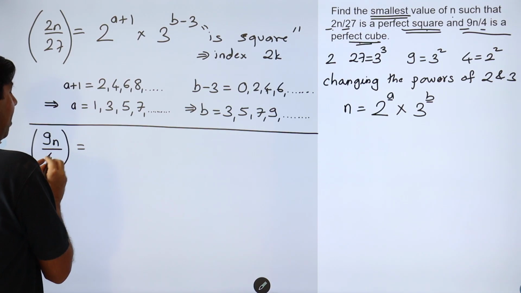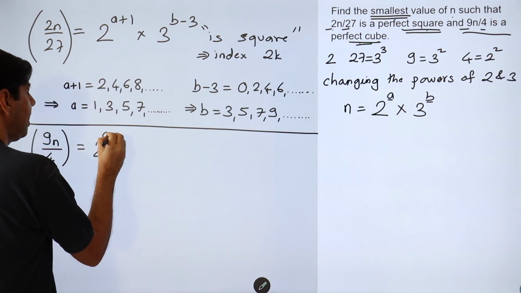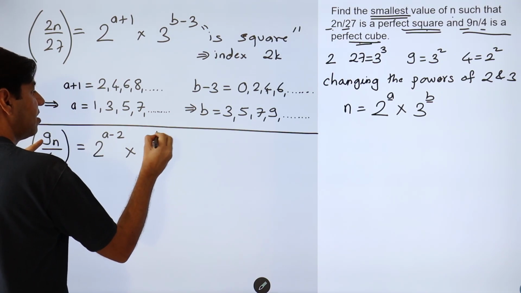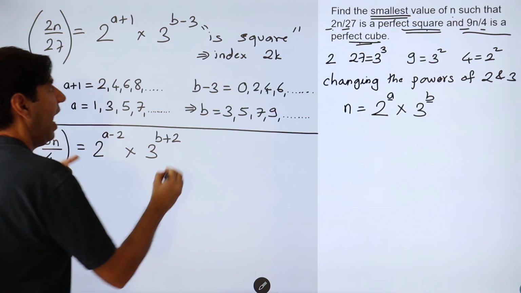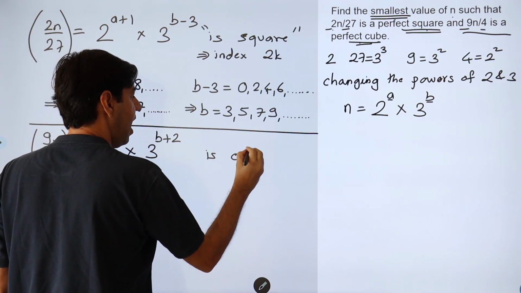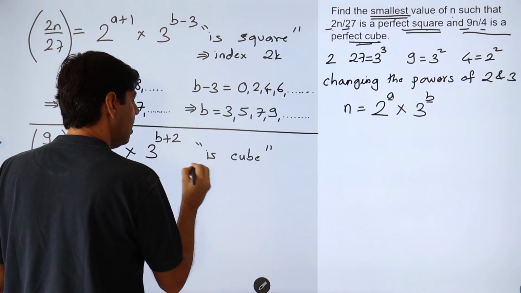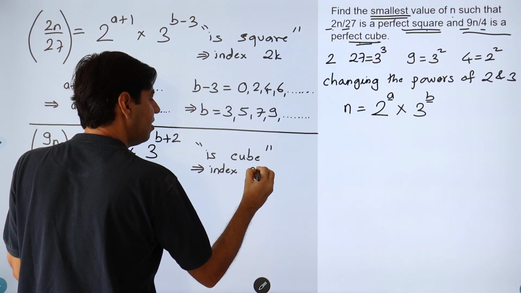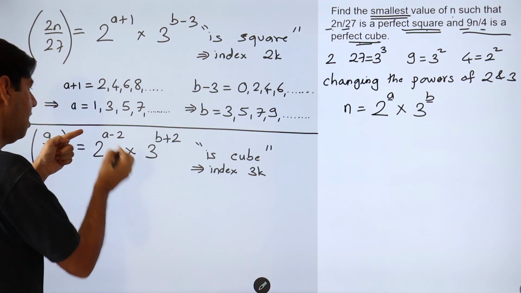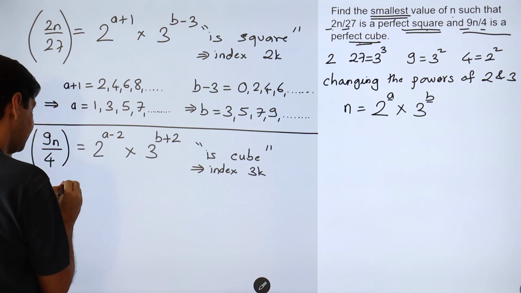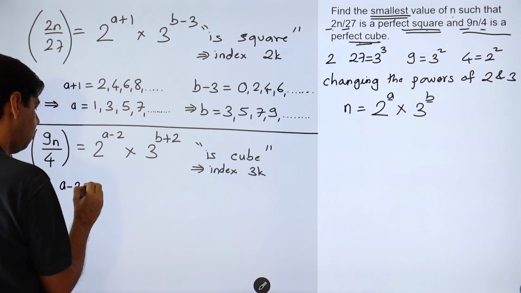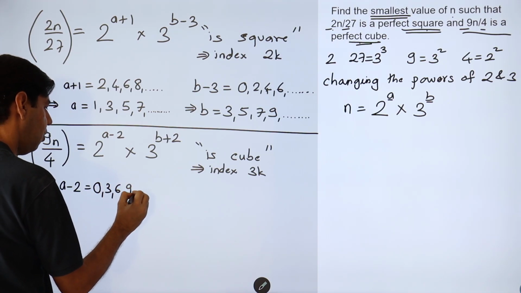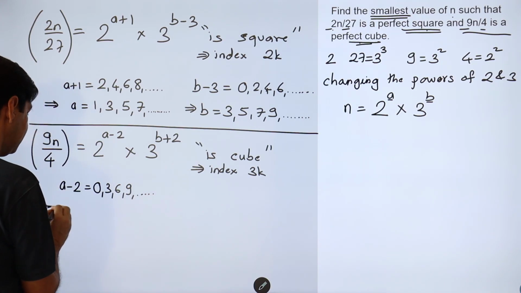Okay, this time we are dividing by 2 squared, so the power of 2 will get reduced by 2. We are multiplying by 9, so the power of 3 will increment by 2, and this is a cube. And because it is a cube, the indices, the powers, have to be of the form a multiple of 3. Same logic, so we are subtracting a 2, so it could end up at 0 also. So 0 or 3 or 6 or 9 or so on, any multiple of 3, which tells me that the